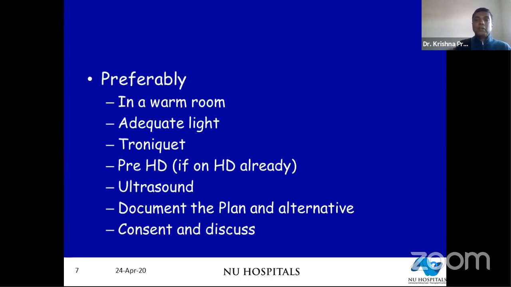Presumably, you have completed the clinical examination, which Manish spoke about, before you do the ultrasound, to be done with and without a tourniquet. If your patient is already on hemodialysis, I would suggest to do it on the pre-hemodialysis day so that he has some volume loading and he's a little above his dry weight so that the veins are easily distended. At least use an ultrasound if you cannot complement it with a Doppler. And please, for heaven's sake, document your plan in the file, document an alternative, and consent and discuss the outcomes of your fistula at this point, not after you've had trouble and not after you've had complications.